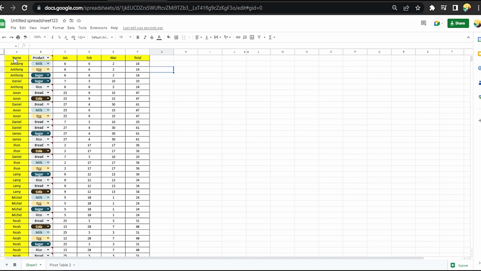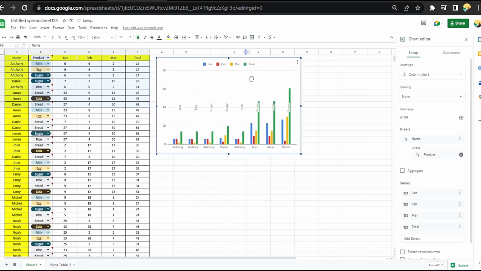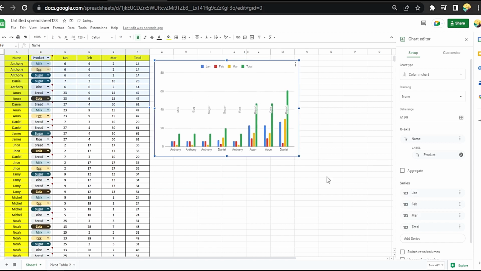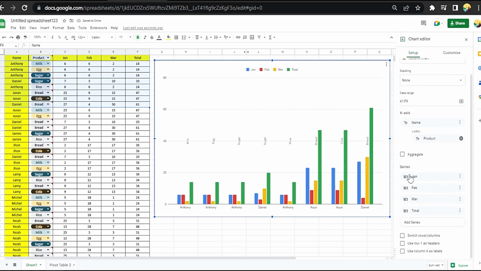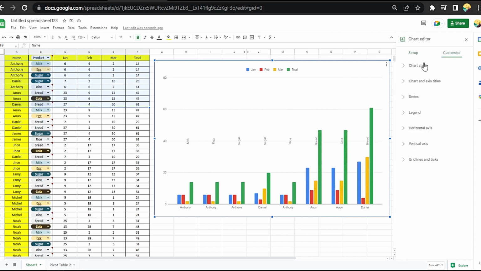Okay, here's our list. Let's mark this and click on here, chart, insert chart. It will automatically make a chart for you, resizing, and let's go to this tab if you want to change anything. So now customize chart tab,